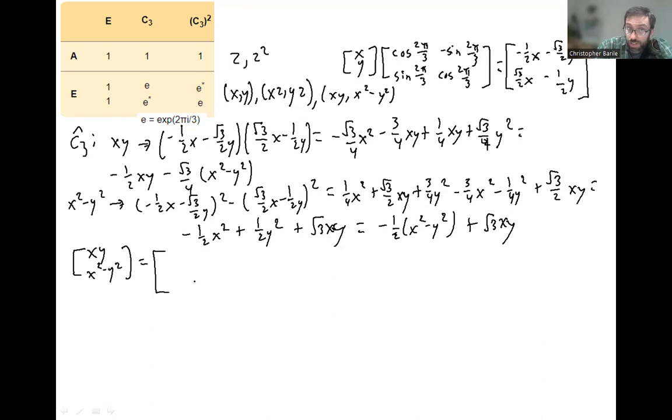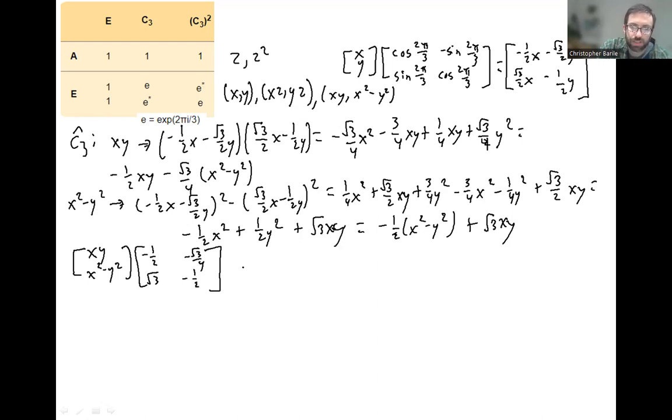the transformation matrix that describes this. The resulting transformation, we're going to multiply this by a 2 by 2 matrix. And we know now what that 2 by 2 matrix is, because we wrote it out here. So xy went into -1/2 xy. So we put a -1/2 there, and a -√3/4. And then x squared minus y squared went into a √3 xy and a